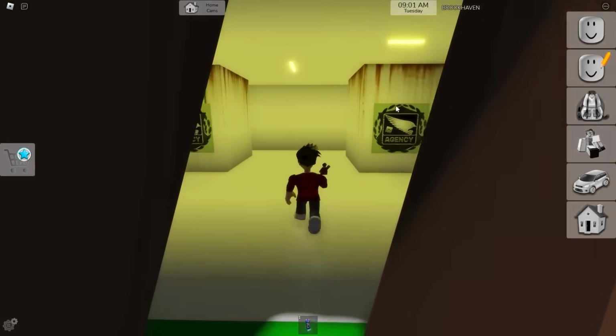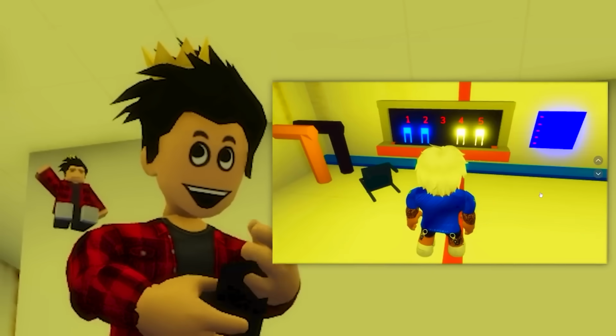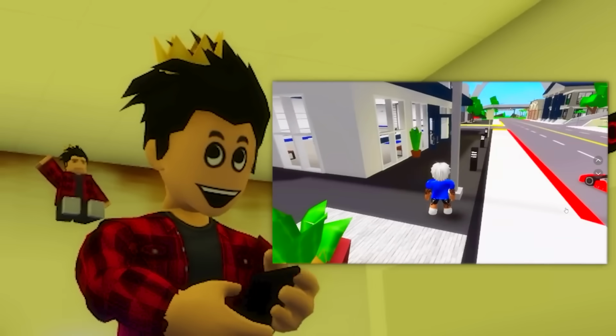Now that we got inside the bunker, we need to press these levers. And going to the other side, we press the button 4 and 5. This looks really easy, actually. I just need to press these buttons, and this one too. All right, the next thing we need to do is to get to the police department and hit the lamppost